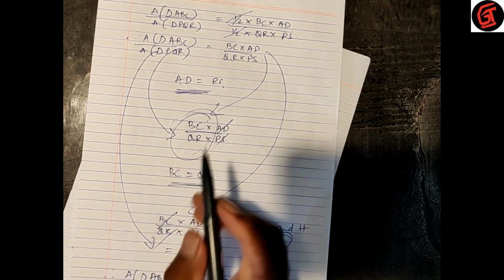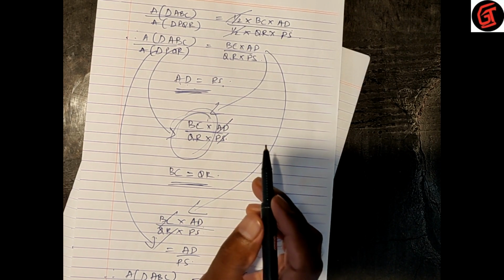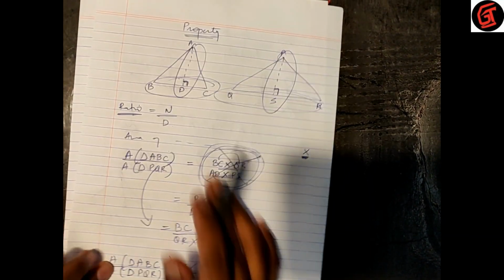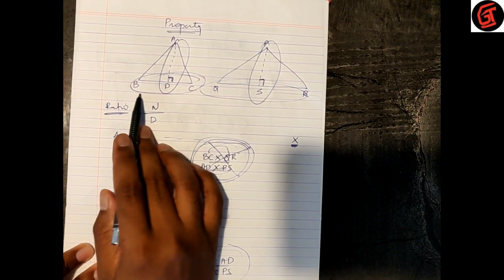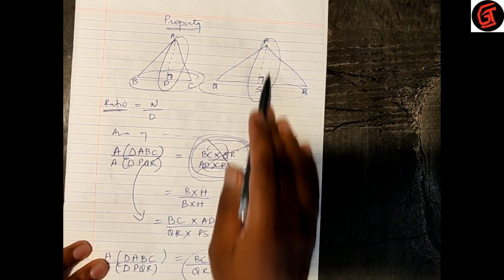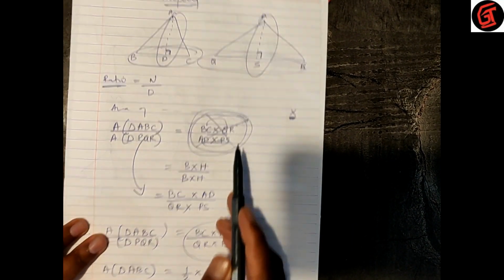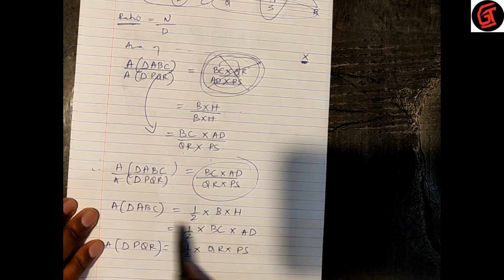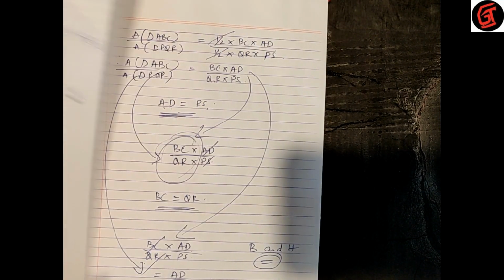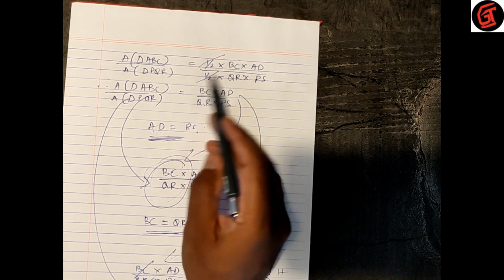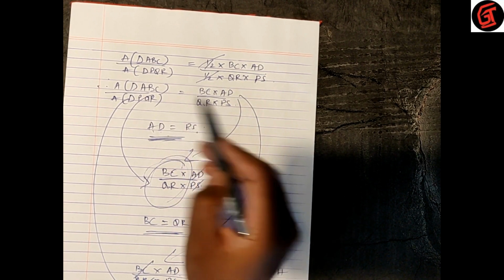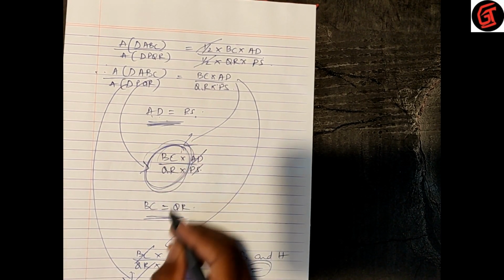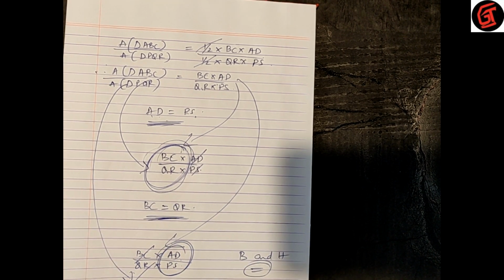Last time I'm just repeating, ratio of areas of two triangles is equal to the ratio of product of their bases and corresponding heights. Ratio of areas of two triangles is equal to ratio of product of base and corresponding height. So product of base means not this, base into height upon base into height. How did we come to know? Formula of an area of a triangle which has base and height, and then we take a ratio of it. After taking ratio, half gets cut, what remains is this. So we proved this. And if heights are equal, area is equal to base upon base, and if bases are equal, area is equal to height upon height.